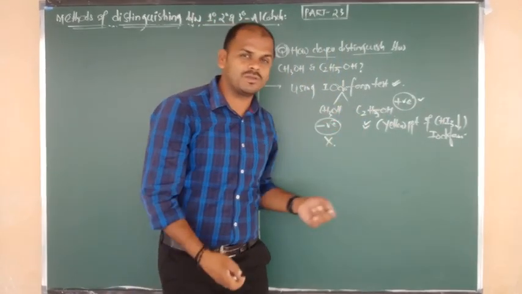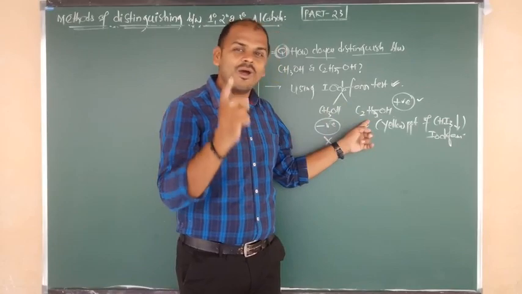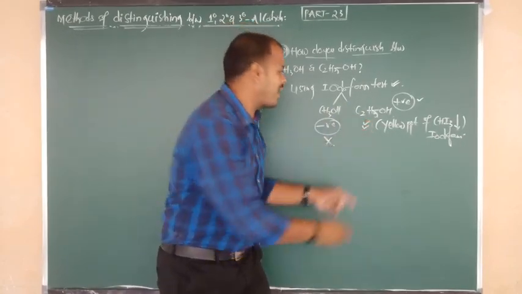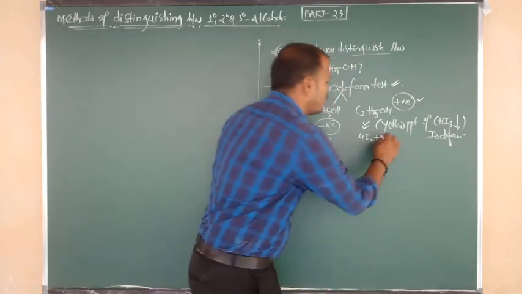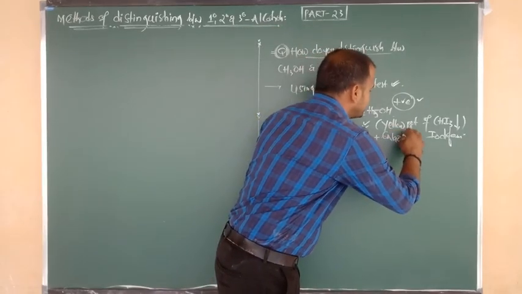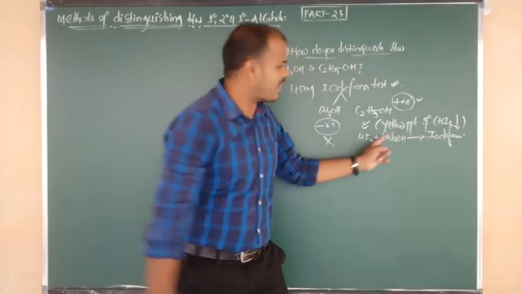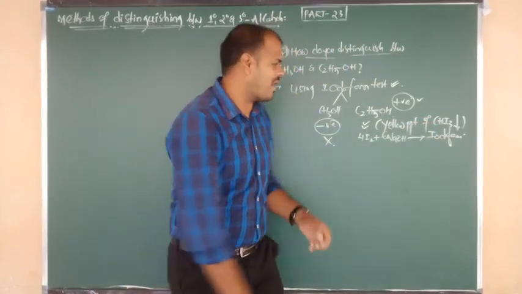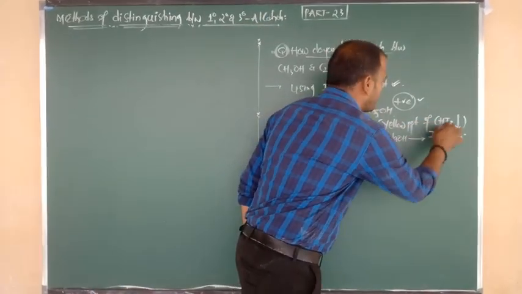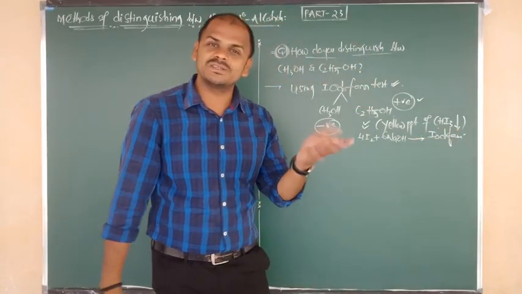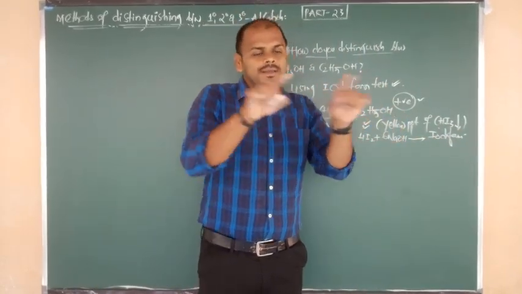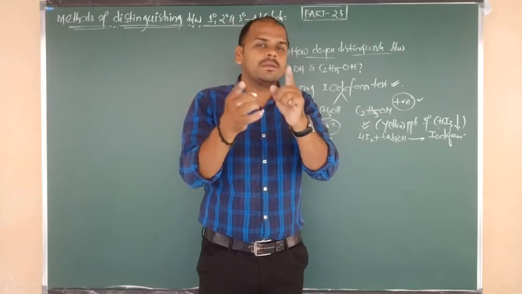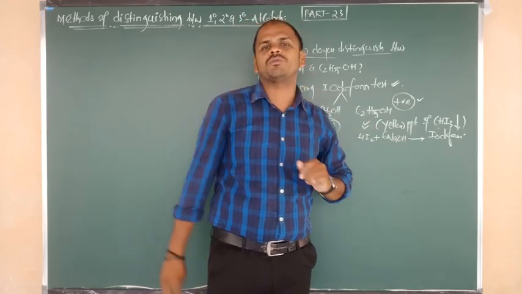How is it possible? Yesterday I told you the reaction. Ethyl alcohol on reaction with 4 moles of I2, and I told you 6 moles of NaOH, forms the product, which is nothing but iodoform. And you are getting the salt of carboxylic acid, sodium iodide and water molecules. That equation I clearly gave in the previous class. If you want, once again check your fair notebook.